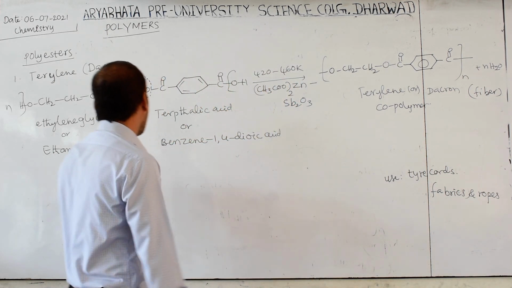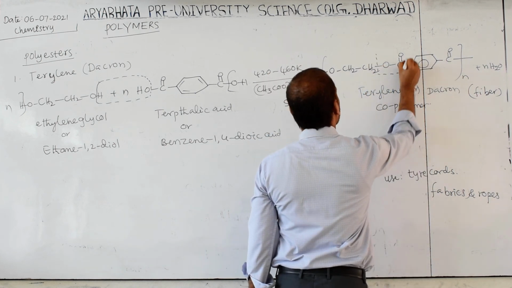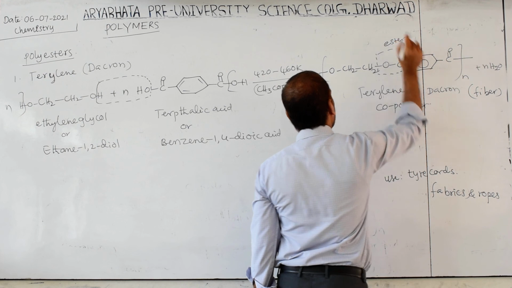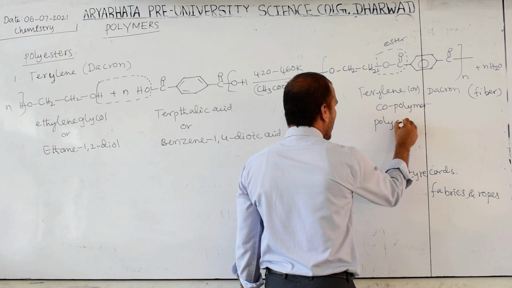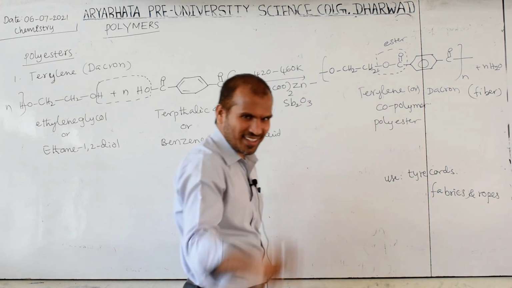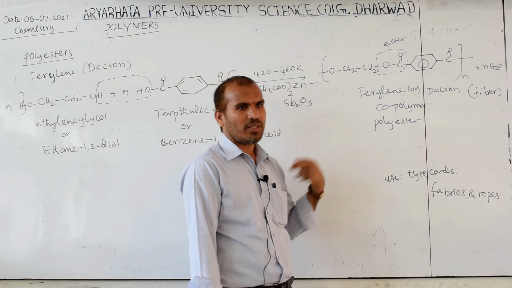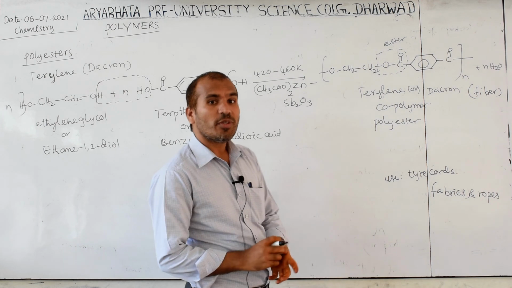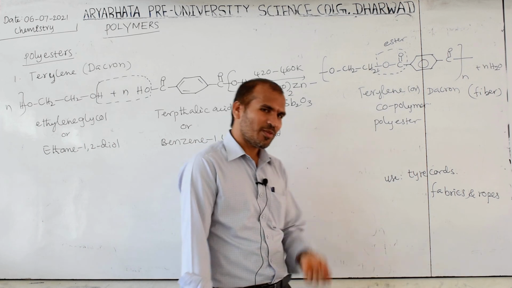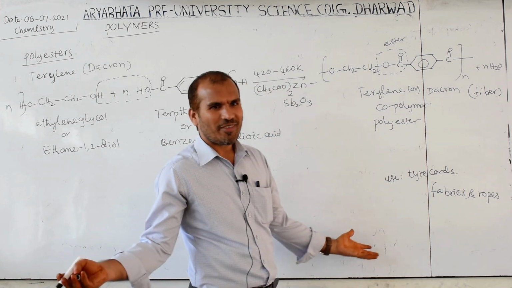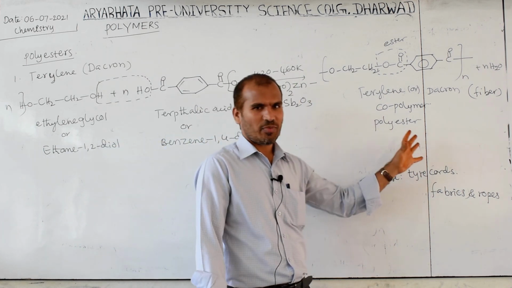Then which functional group is there here? Ester. This part is known as the ester functional group, so that is why it is called polyester. Simply we call it polyester. So all these words you have to remember, which is not easy. Practice. Even after practicing many times I sometimes forget, because this is very vast and I am continuously teaching this part. So remember all, they are very important.